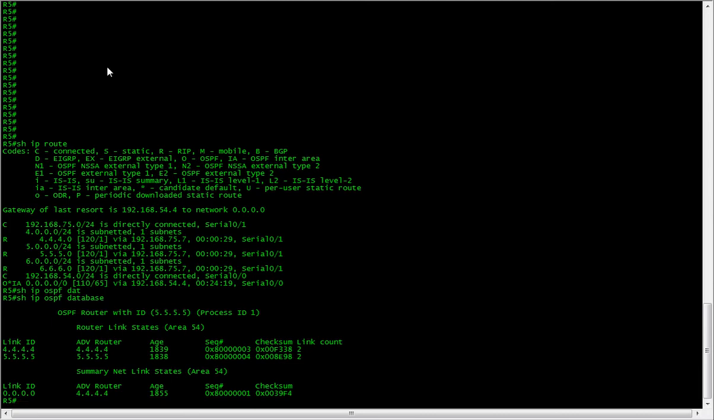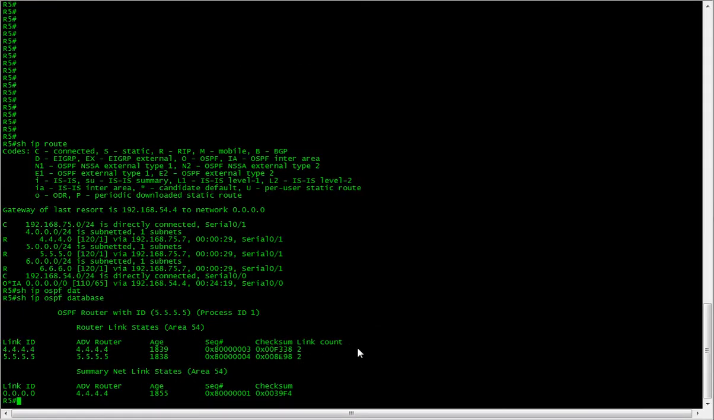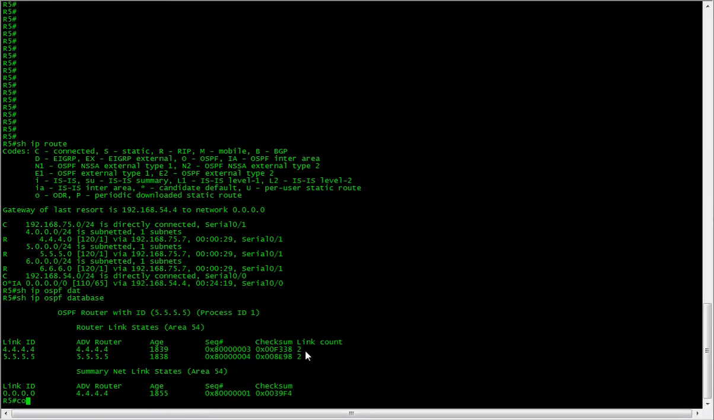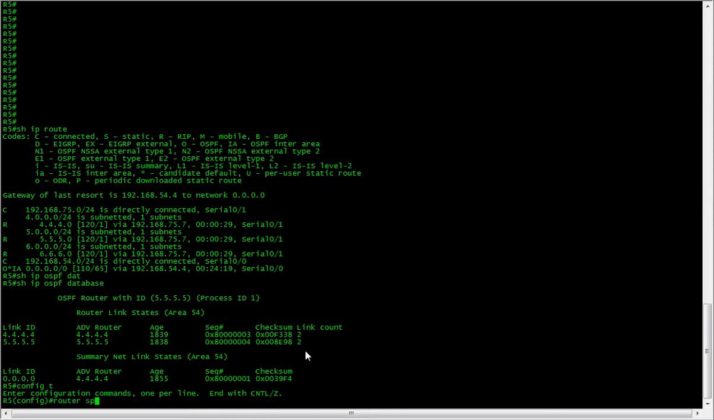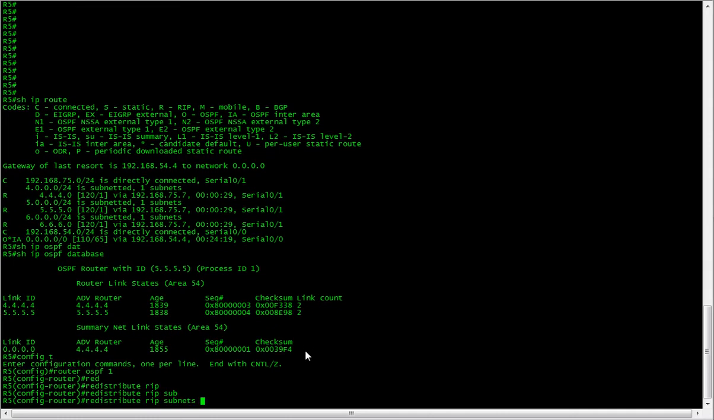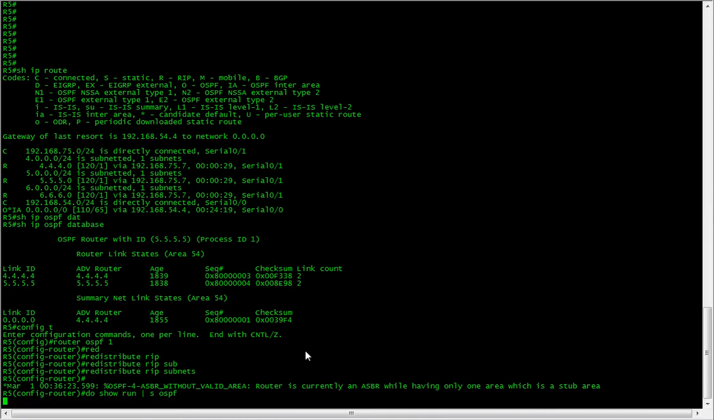So let's have a look now. Okay, I like to get rid of the stub flags first. I'll tell you what, now I'll redistribute it first. Config router OSPF 1, redistribute RIP subnets. If I do show run section OSPF,